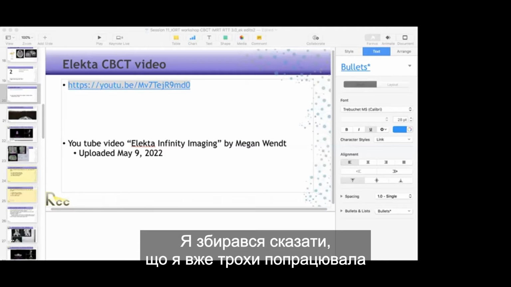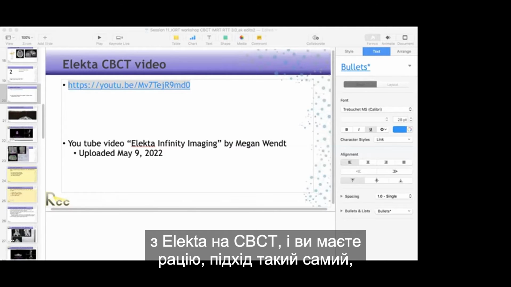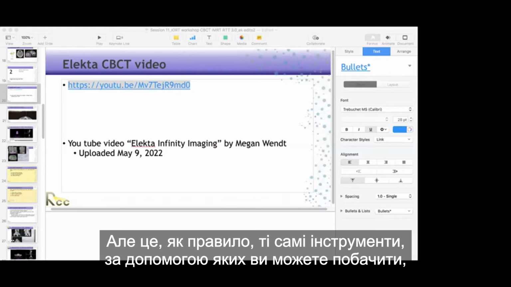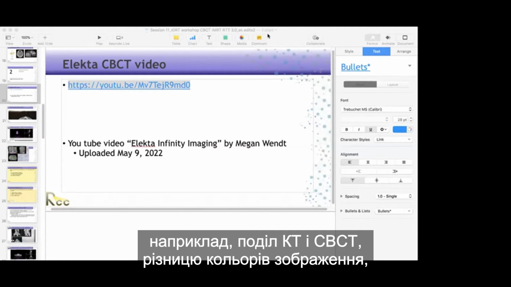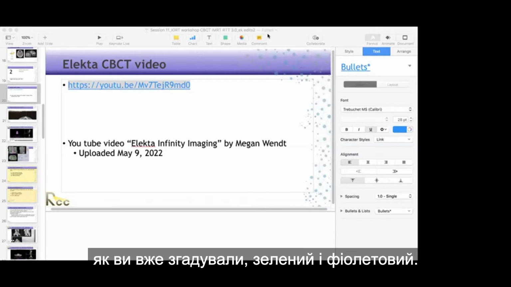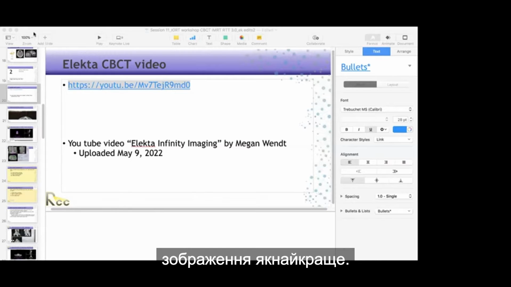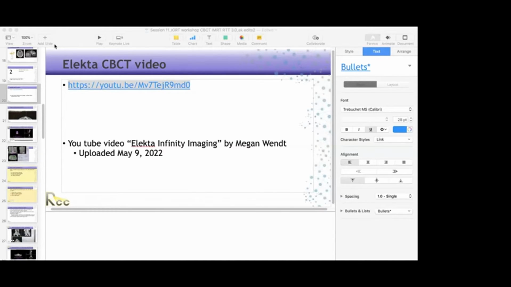I was going to say, I've actually worked a little bit now on Elekta, on CBCTs, and you're right. The approach is the same concept as doing it on a TrueBeam. The steps are a little different on an Elekta, but it's usually the same tools where you have the ability to see the split of the CBCT and the CT scan, the image difference color, like you mentioned, the green and purple. But usually I would approach it the same way, scroll through and just line up as best as possible. Yeah. Okay, well,